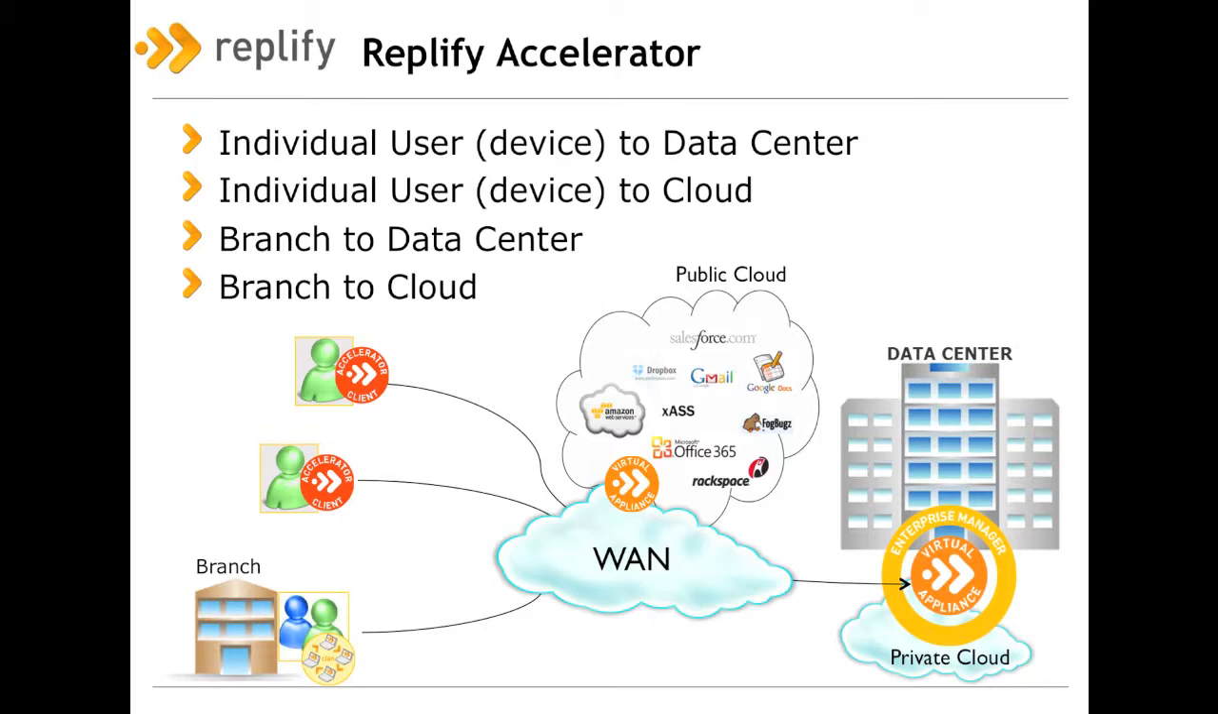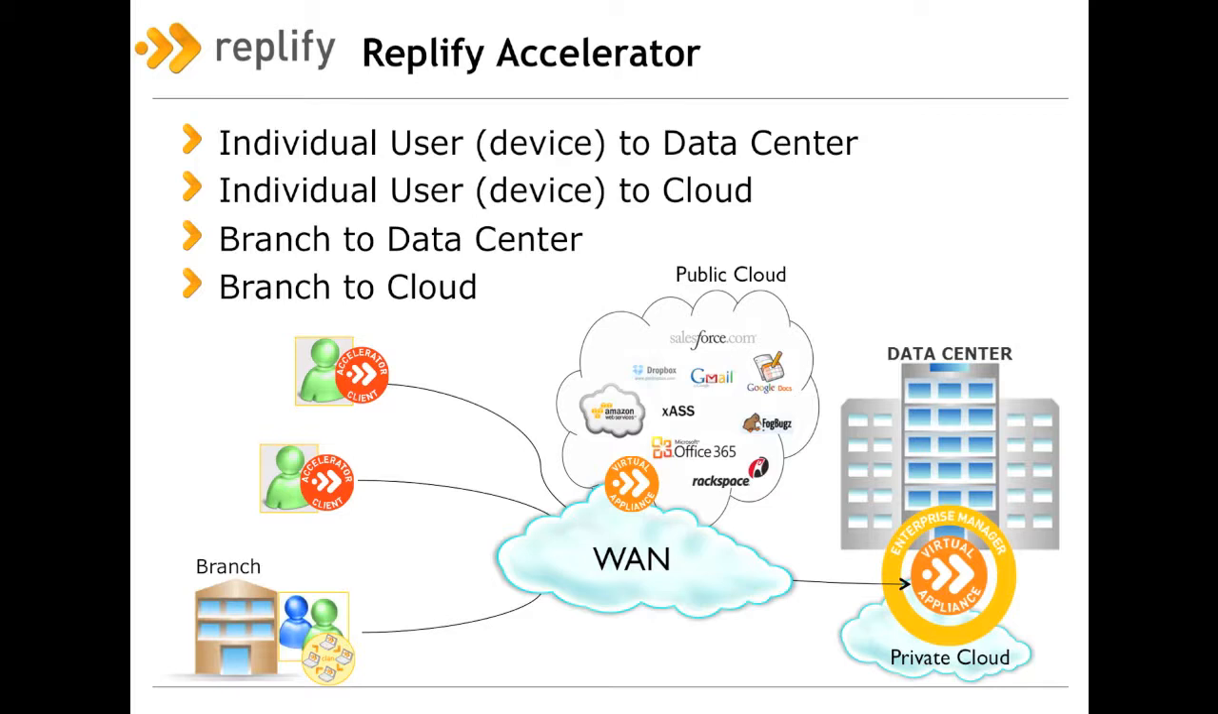To perform the acceleration, I've deployed a Replify One Accelerator virtual appliance in the Amazon EC2 cloud. I could, of course, deploy multiple accelerators at different Amazon locations to accelerate applications in those locations. Or I could use the same appliance to accelerate access to things like Office 365, which is located in a